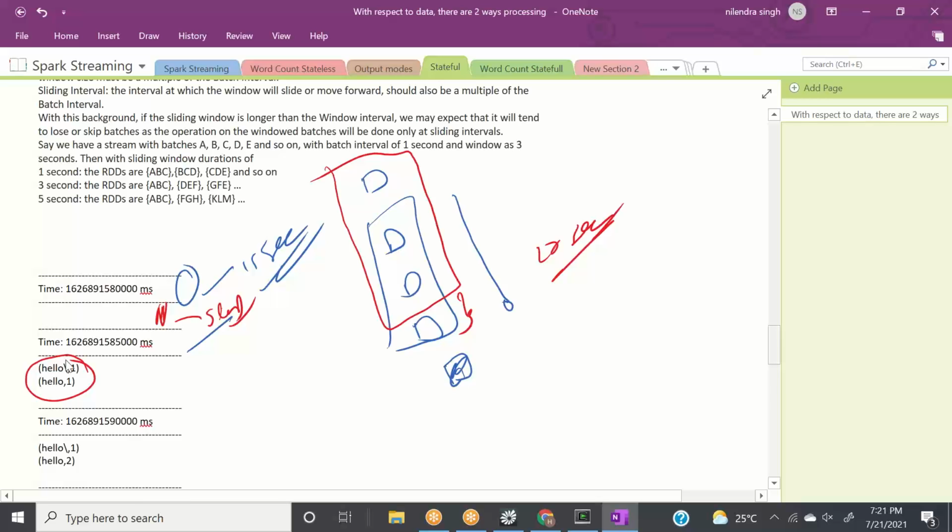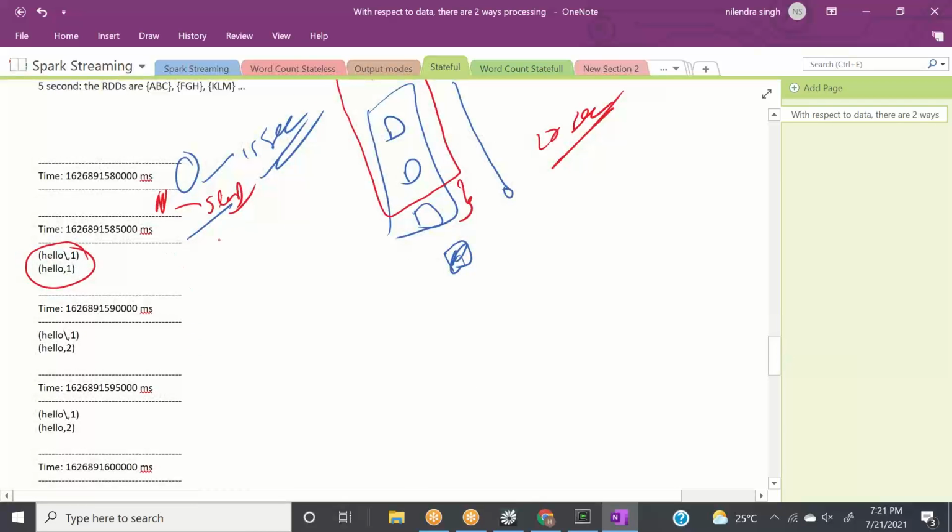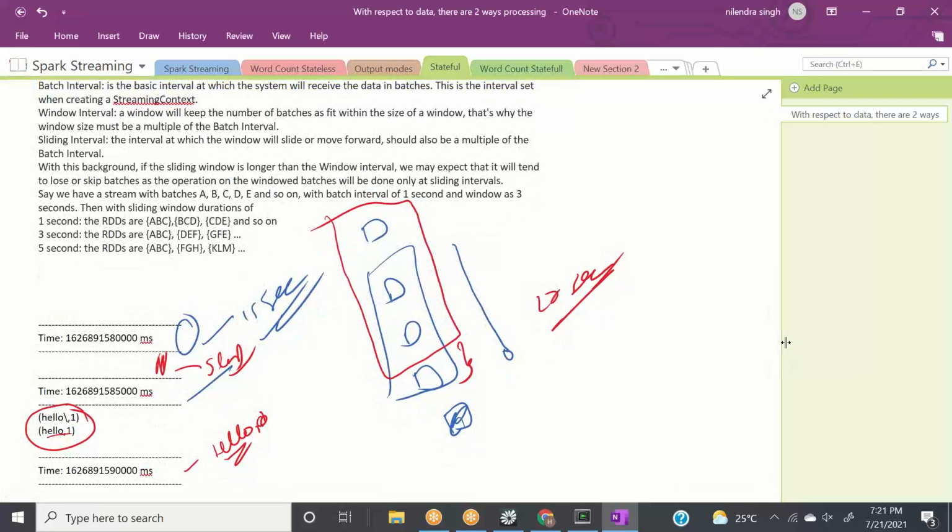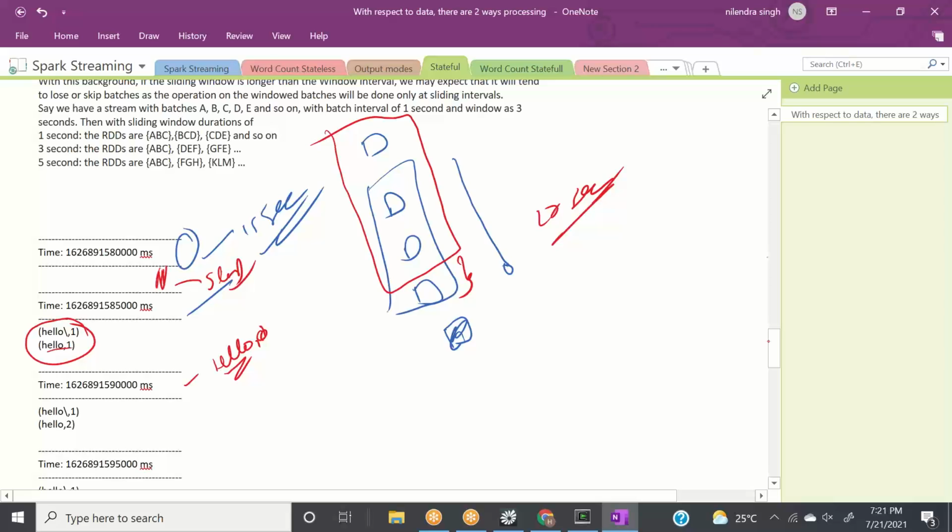Now, one more important thing I need to show you guys. Here I only give these 2 inputs, and here I give hello again. Since the window is not yet slided, let me explain in an easier way. This hello might be here somewhere, or might be here somewhere. When the window is slided and this is evicted, then this hello and the previous hello were added, and that's where we get hello 2.